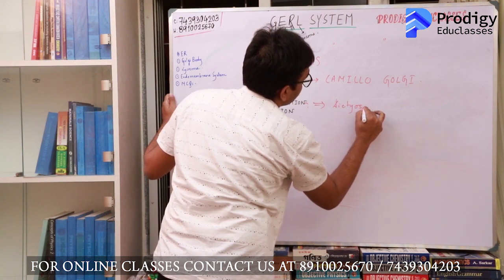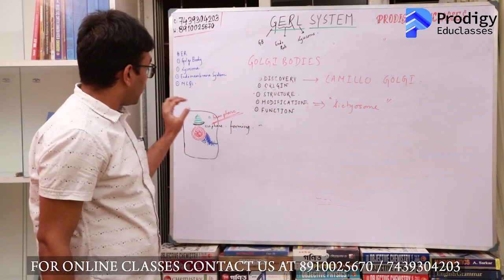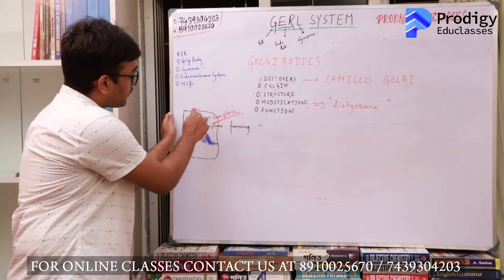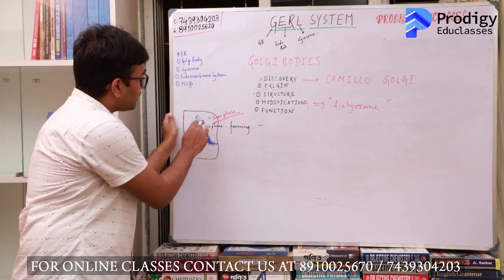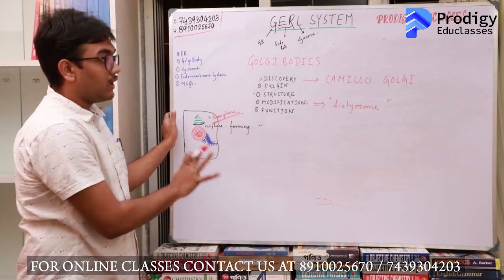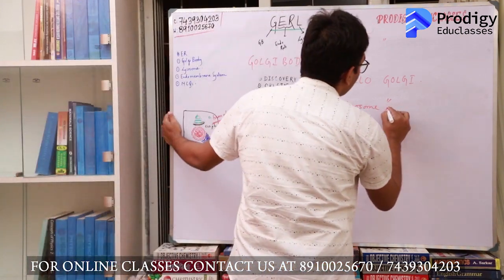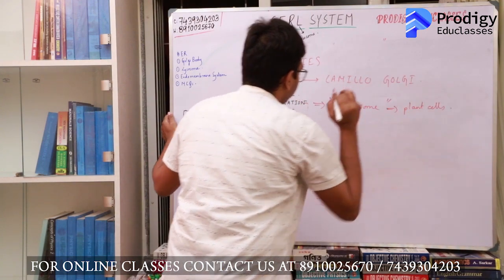Okay, you do not need to know much about modifications of the Golgi body except for dictyosomes. If you look at plant cells, the Golgi bodies are not arranged in the form of an organized structure like you see in the animal cells. Instead, you will find the cisternae, tubules and vesicles to be spread around the cytoplasm. This spread dissociated Golgi body found in plant cells is known as dictyosome.